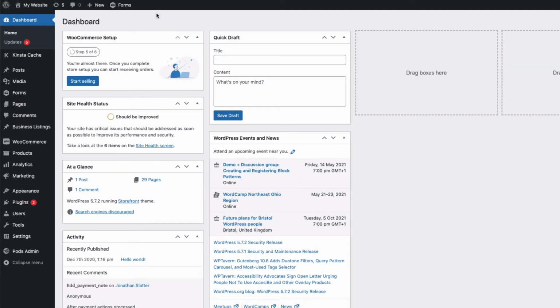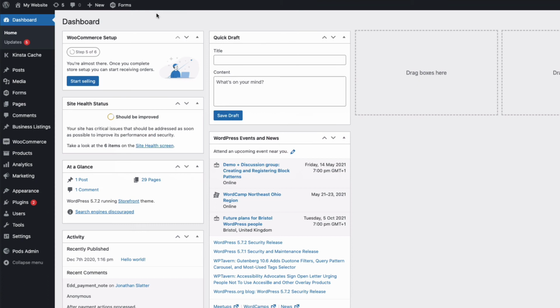So far, we've now created a custom post type, business listings. We've created our form that automatically creates posts in our business listings custom post type. Now the final stage is to create a table to display the listings. And for this, we're going to use the Posts Table Pro plugin from Barn2, which is the other plugin we installed earlier. But for the table, you could also use Barn2's Document Library Pro for something like a document resource, or WooCommerce Product Table, also from Barn2 for a product-based table. Remember, links to download all of the plugins are in the description below.